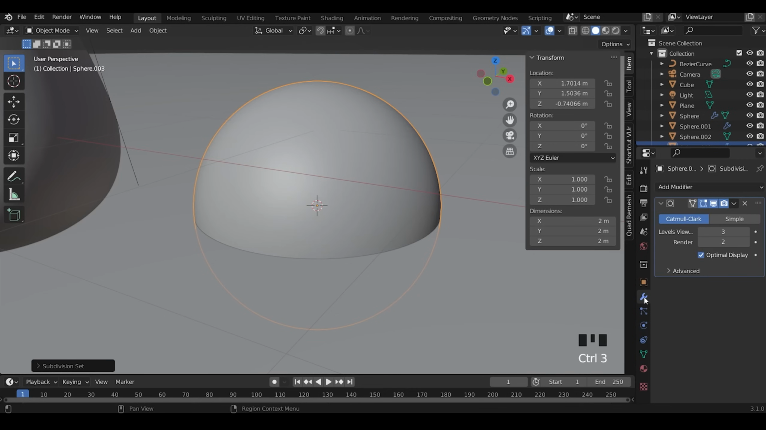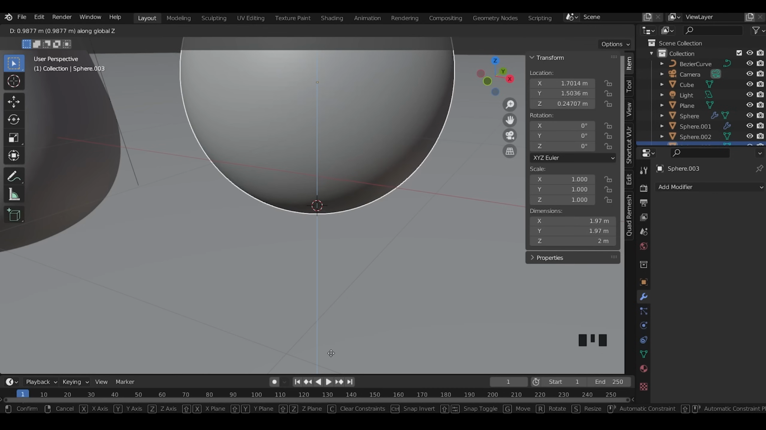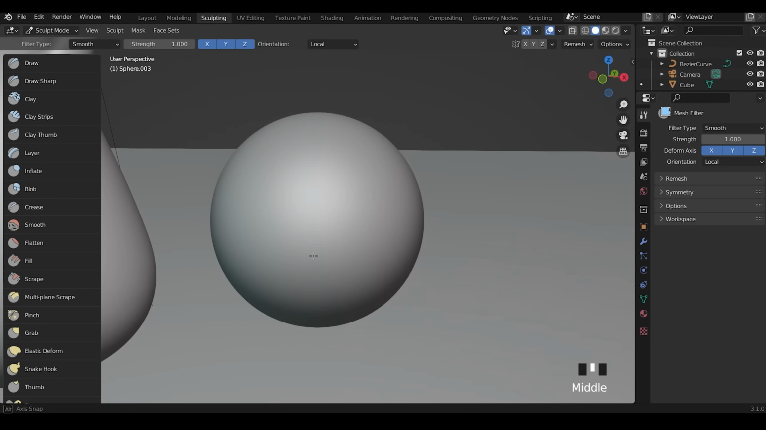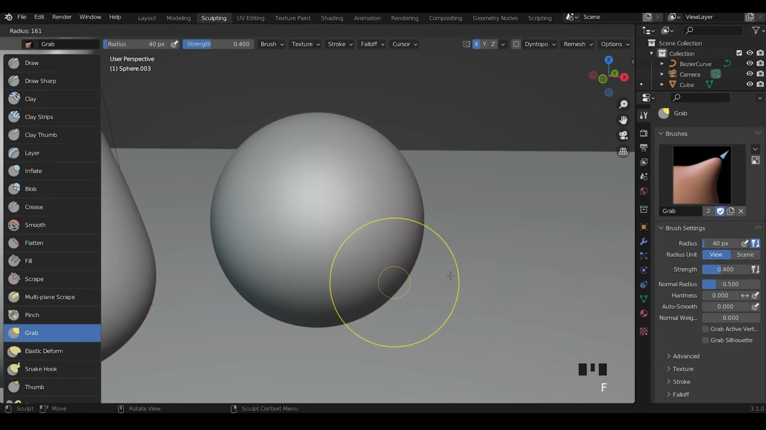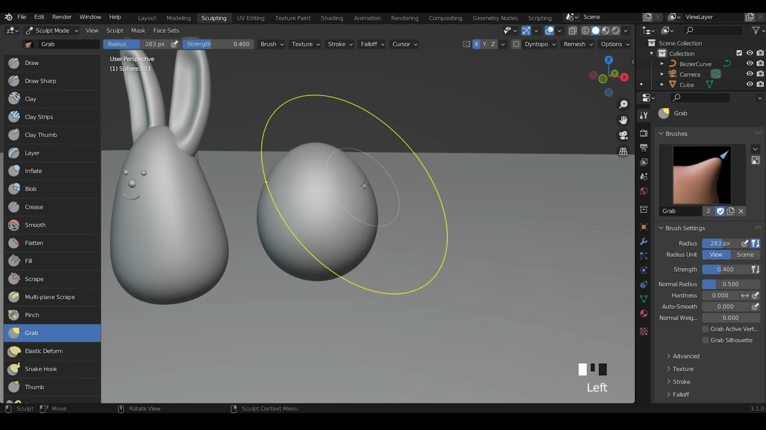Remember, if we come across to the modifier properties, that adds the subdivision surface modifier, and then we need to just apply that, so with this drop down, apply. I'll just press G to grab, move it above the floor, and then go across to sculpt mode. Make sure the X-axis is ticked for symmetry, and again choose the grab brush. Make my brush nice and big, and make it a bit of an egg shape like this,